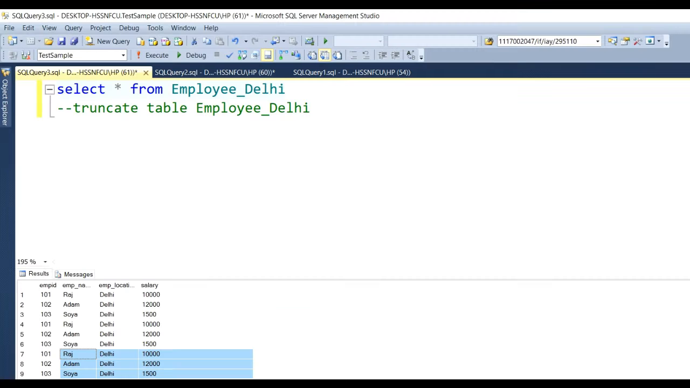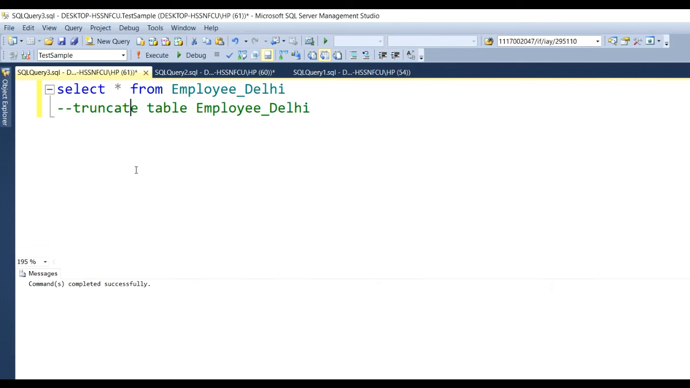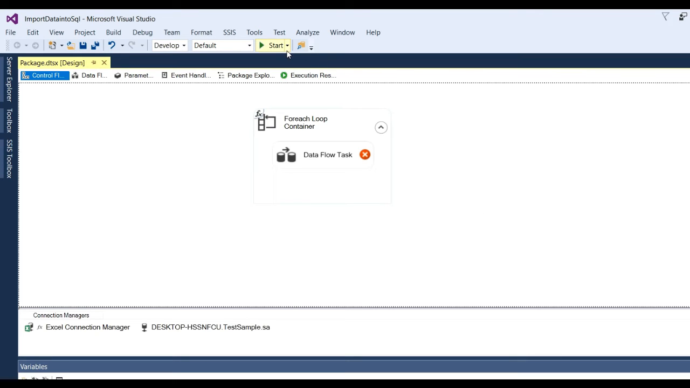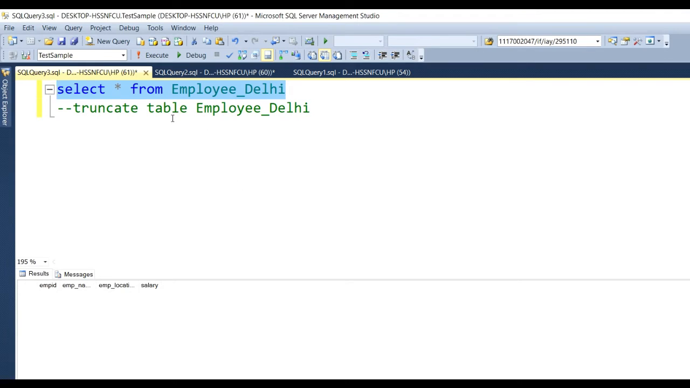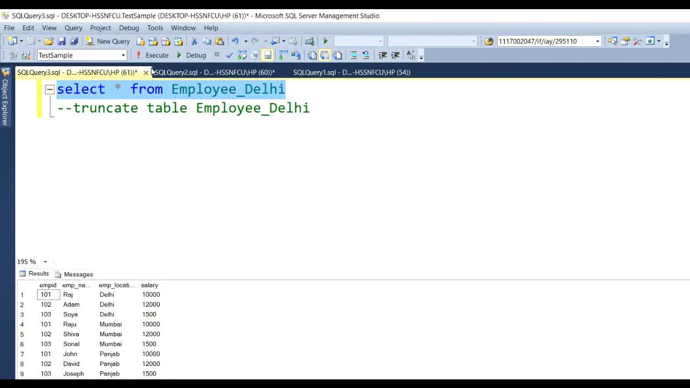Now save it and truncate all data. Check whether data is present or not. So let us see, no data. Now run the application. So you can see here our package ran successfully. Now let us check whether we have data transferred for all files. Now select star from employee daily and click on this. So you can see here